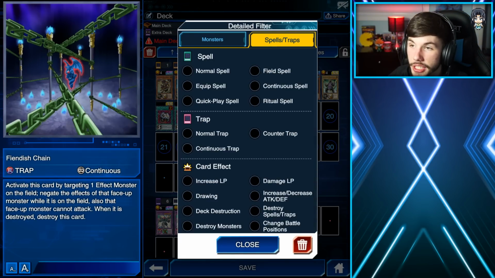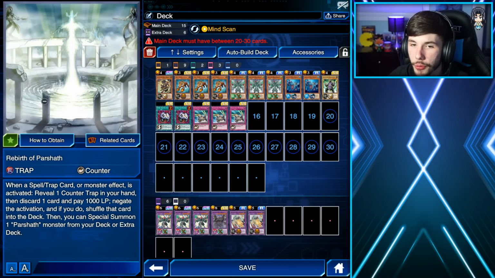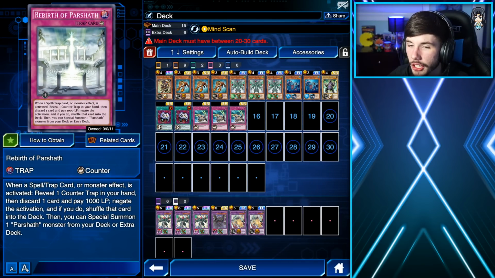If you guys don't have Fiendish Chain, Canadia, and Floodgate, there's also another counter trap that you guys can run that I've been seeing some other people playing. I've been seeing a lot of people rock Rebirth of Parallax. This card's really good because when a spell trap is activated or a monster effect is activated,